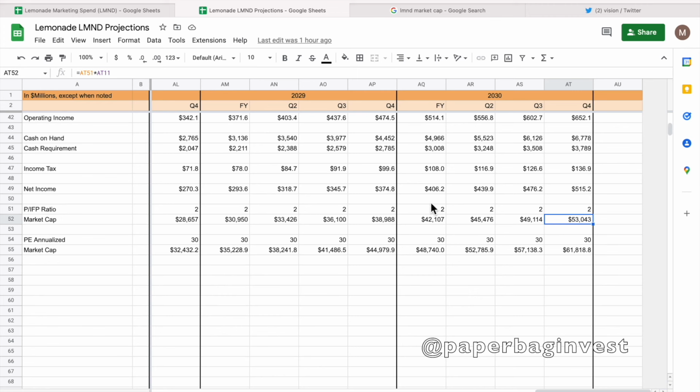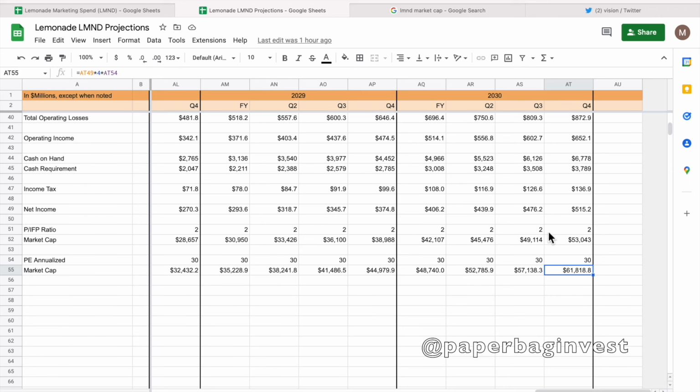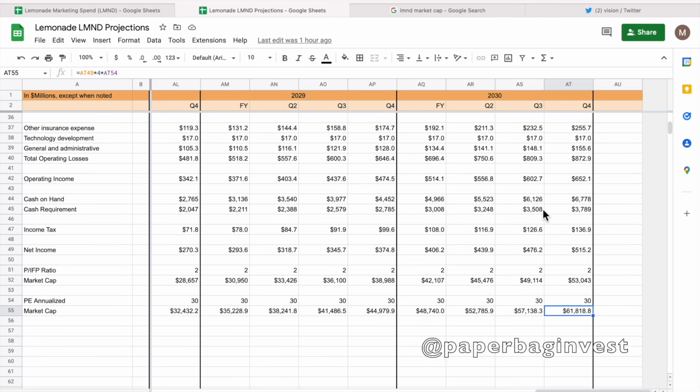And then another way to look at it too is you look at a PE on an annualized basis. So just annualizing by multiplying this net income by 4, and then giving them a PE of, say, the market gives them a PE of 30, then you're still kind of in a similar range. So there's obviously lots of assumptions built into this whole spreadsheet. Again, there's lots of things that could go one way or the other, and I'm a Lemonade bull, so this is slanted to the bull scenario, but I don't think it's insane. It's certainly reasonable if they execute, if they are successful. You could have massive possible returns between now and 2030, in the next 8 years.